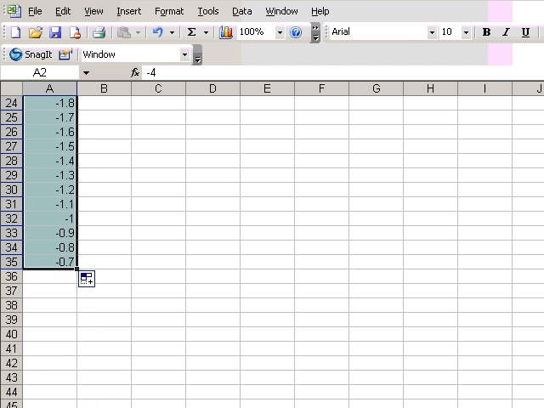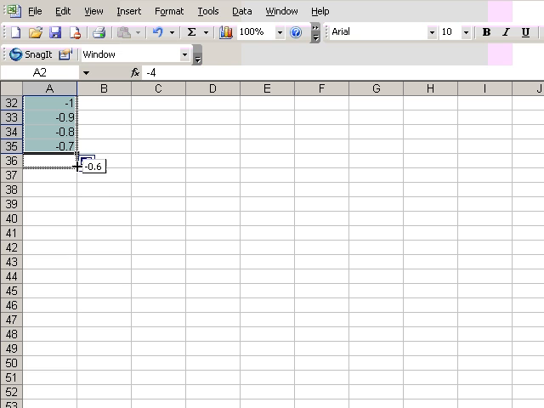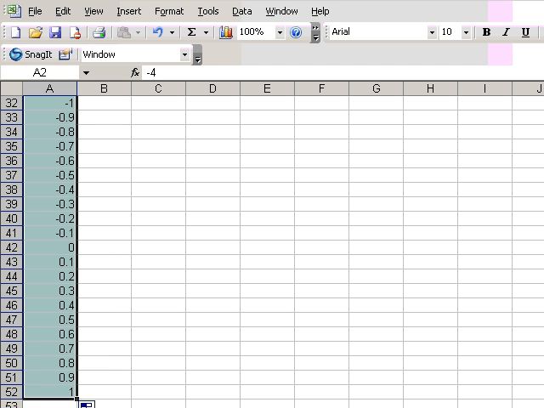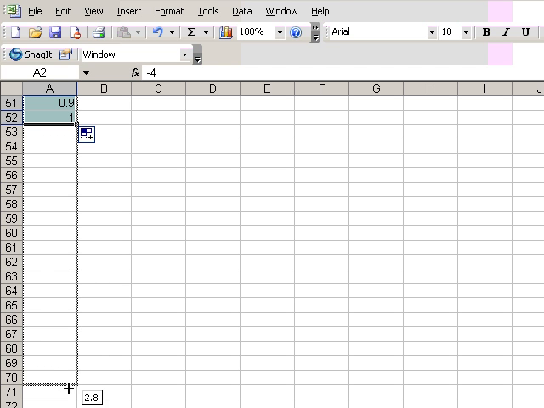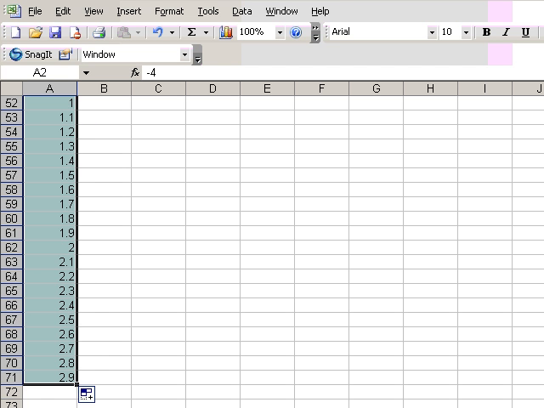Continue to move the sheet down. The mean actually is here at 0. We'll continue to move the sheet down. Now we're up to 2.9